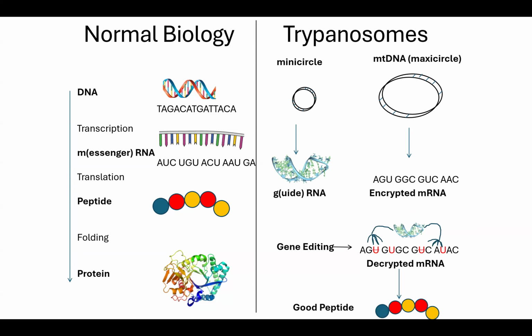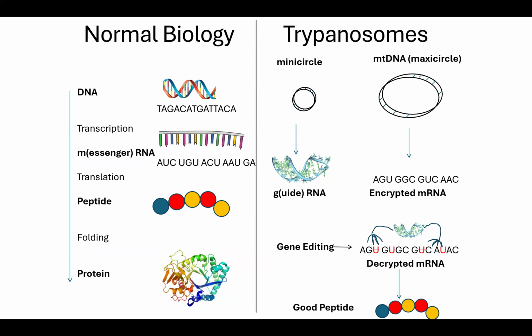They have these other loops of DNA called mini circles, which are smaller. They get copied into what's called a guide RNA. And they're able to add and remove uracil from the mitochondrial messenger RNA, like in this artist impression. And that allows the genes to be expressed, the proteins to be transcribed, translated, whatever. And then the parasite can go on to metabolize. So each parasite has many different kinds of mini circle that edit different genes on the maxi circle.